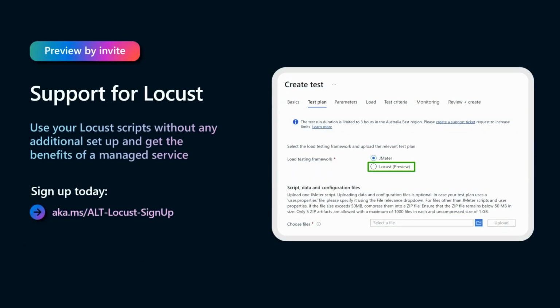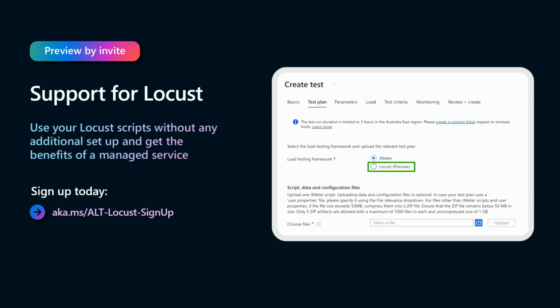And we are also announcing support for another test framework. Till now, Azure Load Testing supports Apache JMeter. We have high fidelity support for Apache JMeter, and now we are extending the same support for Locust as well. Locust is a Python-based open source framework for load testing. The goodness with Locust is that you can write Python code to create test script, as opposed to creating the test scripts in a GUI interface as with some other tools.